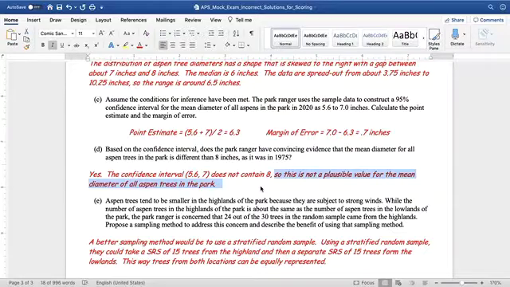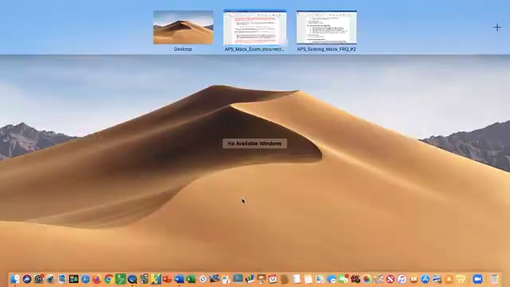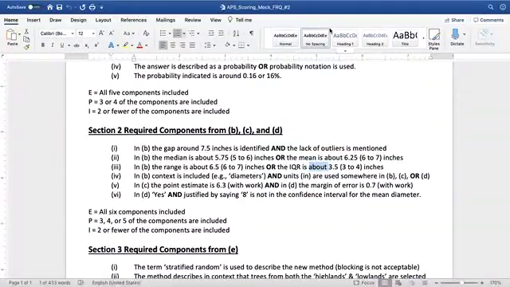Because 8 is not in the confidence interval, that means that we do have evidence. You could also write this would be fine. You could say because 8 is not in the confidence interval, we do have convincing evidence that the mean diameter for all aspen trees in the park is different than 8. That would be fine. But the bottom line, the reason that you can come to that conclusion, the reason that this statement is a yes, ultimately, you have to be describing that 8 is not in that confidence interval. So the answer that I showed you there is not a bad answer, but it only has the following components